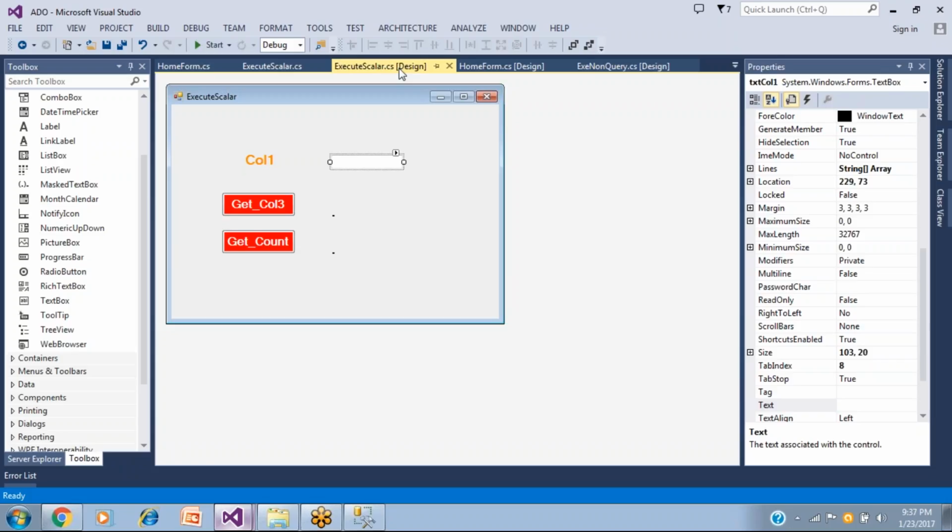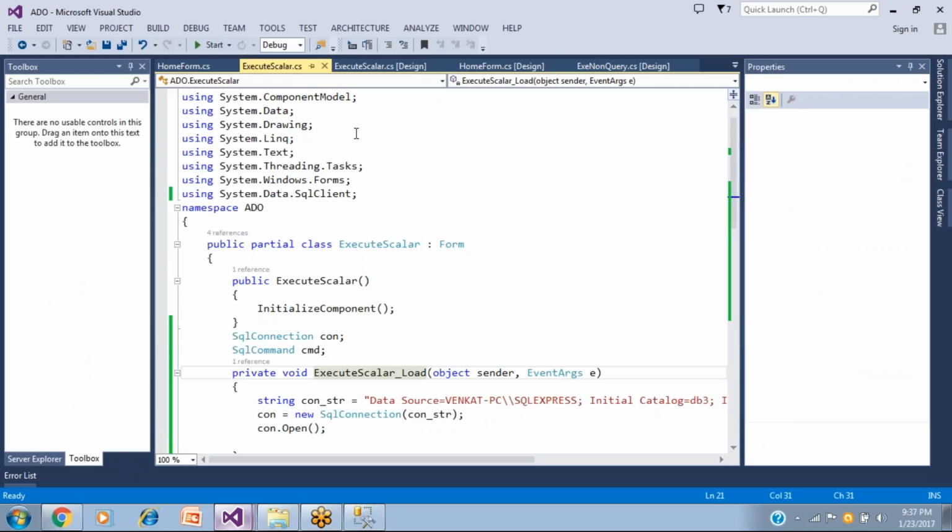Even the creation of a table, when we want to create a table in a database, we can do it just by using execute non-query, because execute non-query deals with queries that make a change in the database. Creation is such a kind of query. Try it as an assignment: create a table by yourself, using just execute non-query. Please try this one as an assignment, and we'll continue the topic of execute reader in the next session. Thank you.